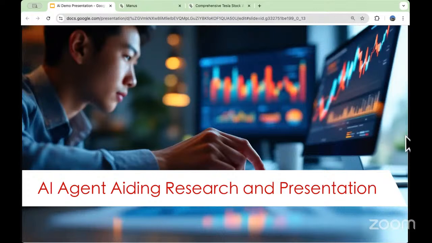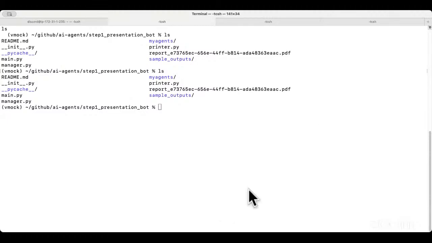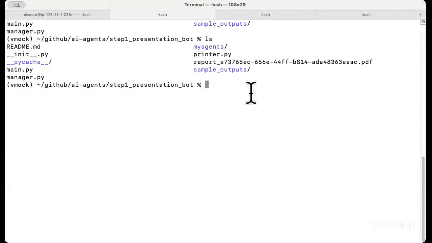I will turn off my camera here to save some bandwidth, and then I will share my screen. All right, so you're looking at my terminal. Tonight we are going to have a few demos.